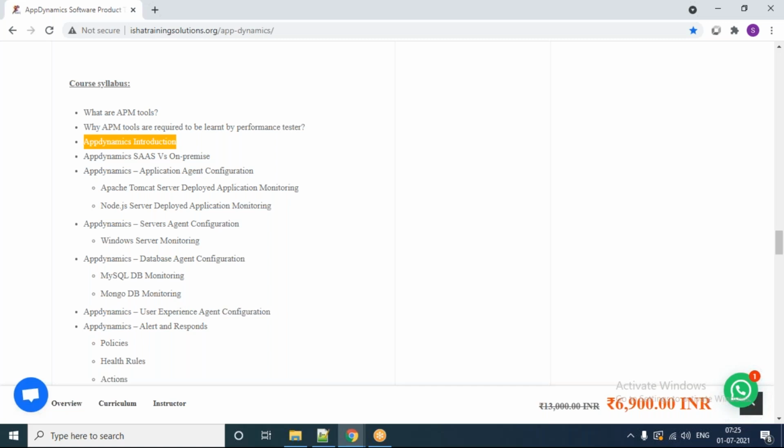AppDynamics has two deployment models: one is SaaS, another is on-premises. SaaS, we all know, is software as a service. The vendor owns everything, and we don't have to worry about your license or your infrastructure. All those things are handled by your vendor.